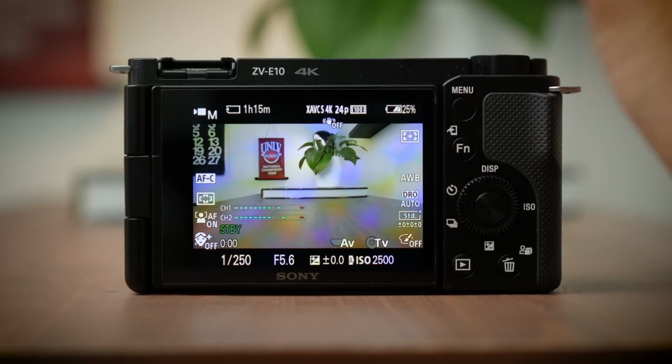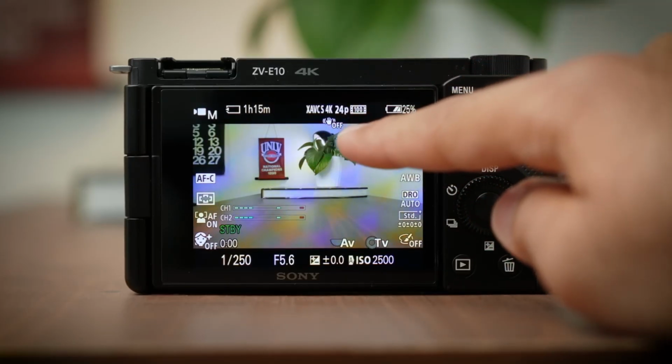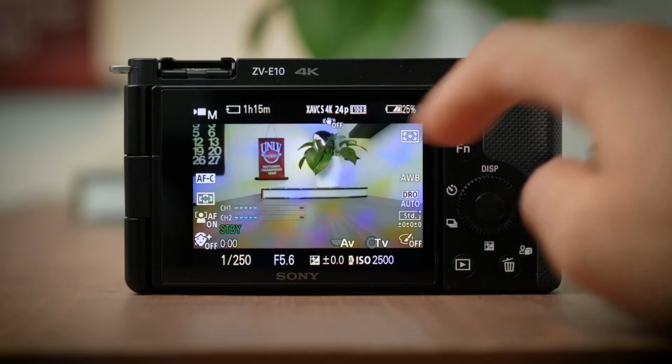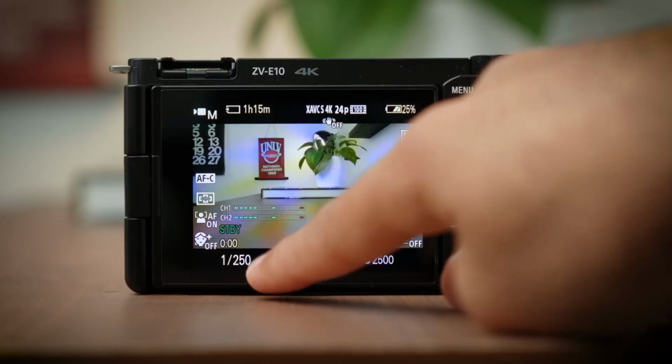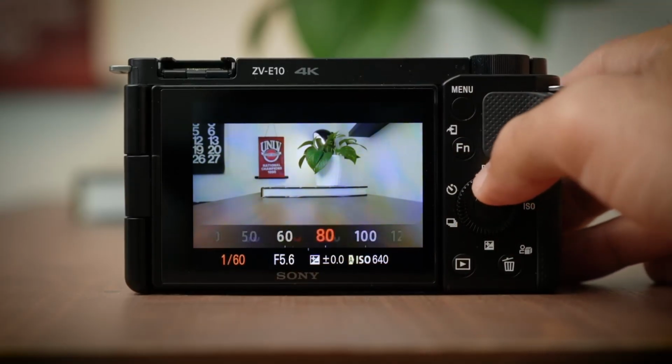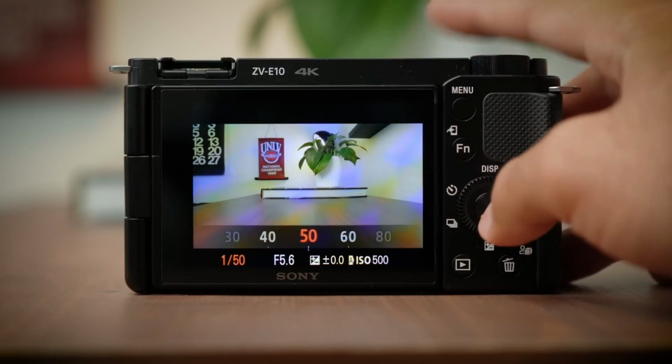The next thing we're gonna do is just a rule that you could always remember is I'm gonna double my shutter based off of my frame rate. So I'm at 24 frames, like you can see from the top, which means my shutter speed is gonna be 50. So I'm just gonna take this big wheel and I'm gonna scroll it to 50,